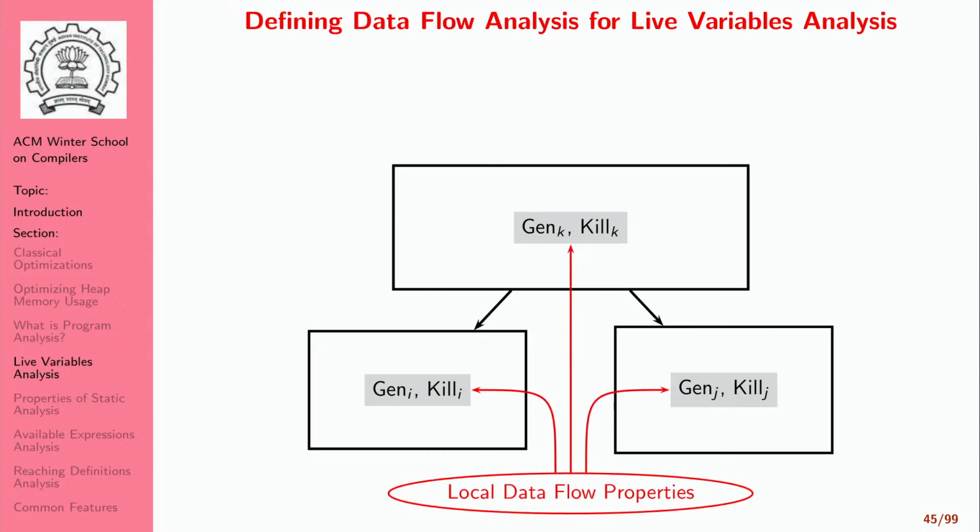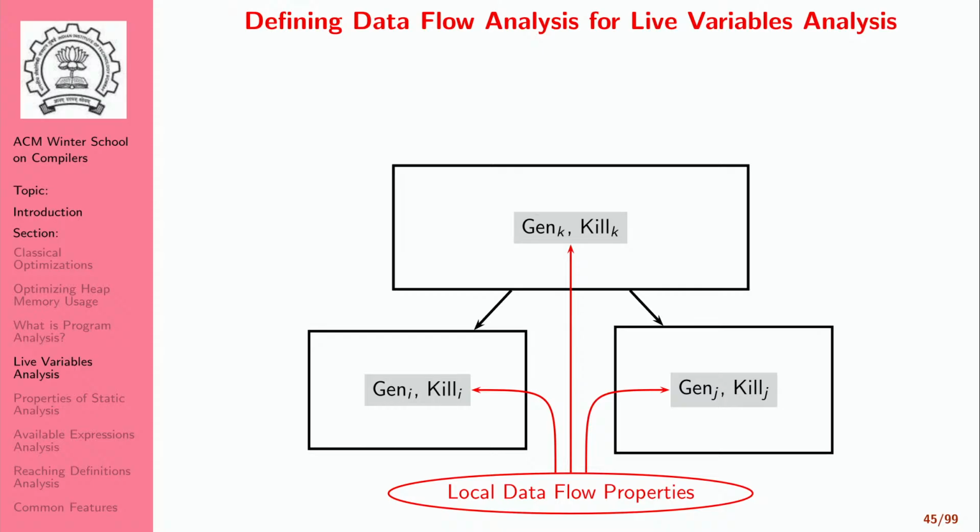So these are what we call local data flow properties. They take into account only what's happening inside a basic block. So we will see how we define gen and kill precisely as we go along. But gen says if there are variables x, y, z in gen, then we will say liveness of x, y, z is generated within this particular basic block. If we have variables A, B, C in kill, we will say liveness of A, B, C is killed within this basic block. Now this can be performed independently of what's happening elsewhere. So we can just locally traverse a basic block and compute this set gen and kill